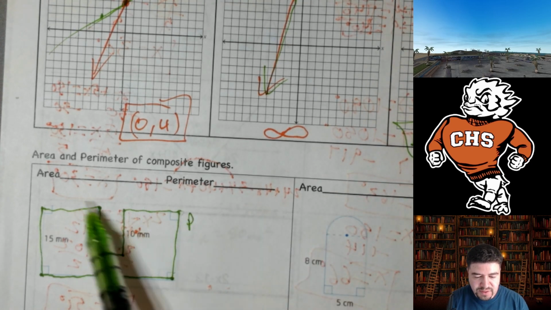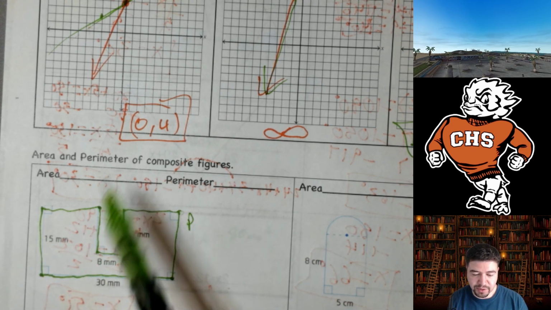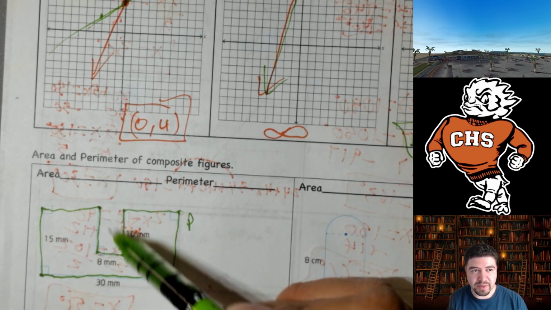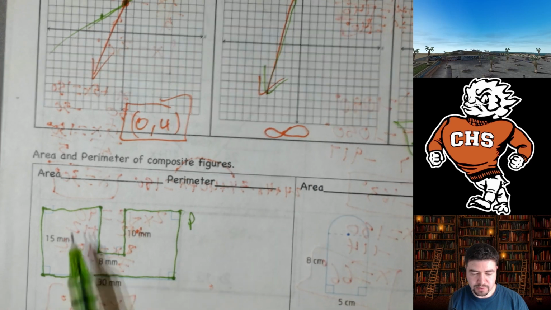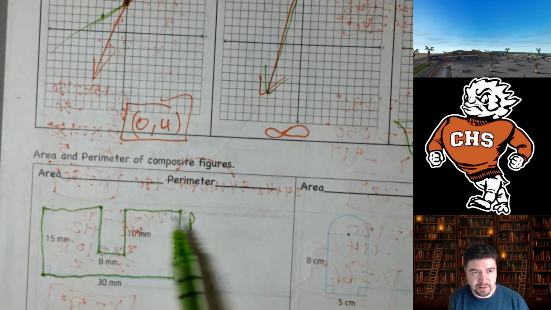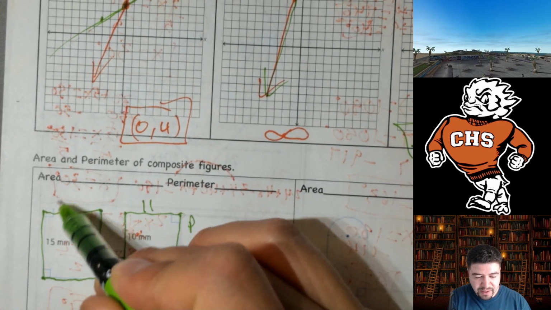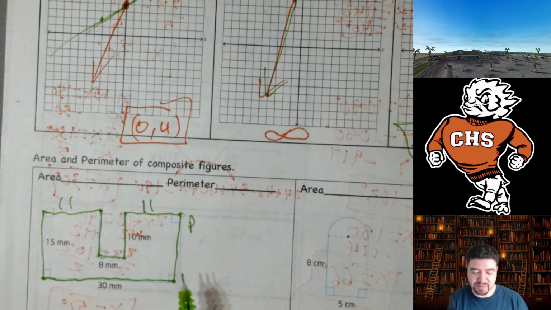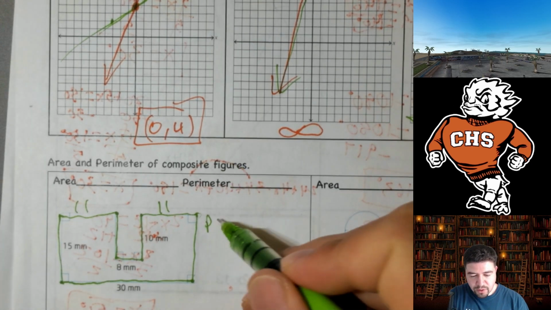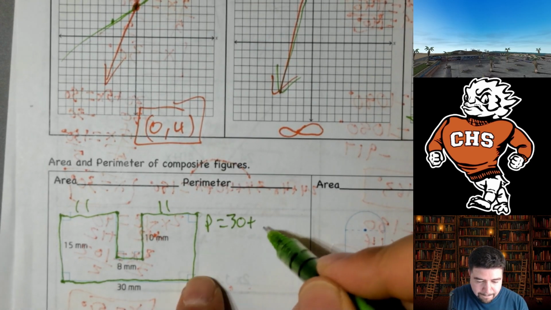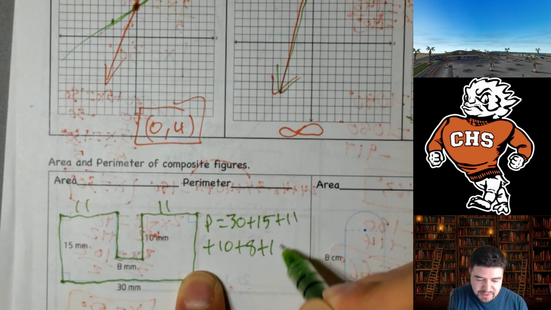So finding these 2 sides is not too bad. We know the entire bottom, therefore the entire top is 30. We know that there's this 8 millimeter chunk taken away from it, so that means it's 22. But where is the 22? It's between this guy and this guy. So if we divide 22 by 2, we get 11 here and 11 here because it looks like they're exactly the same size. So they are half of 22 each. So 11, 11. Therefore, our perimeter is 30 plus 15 plus 11 plus 10 plus 8 plus another 10 plus